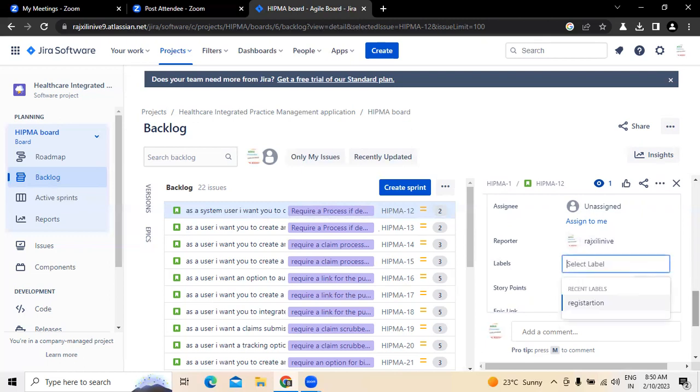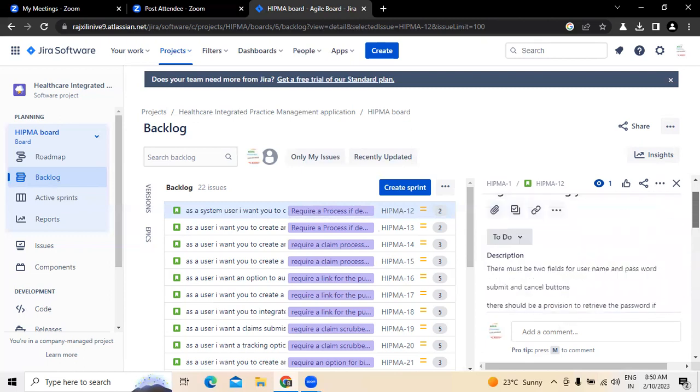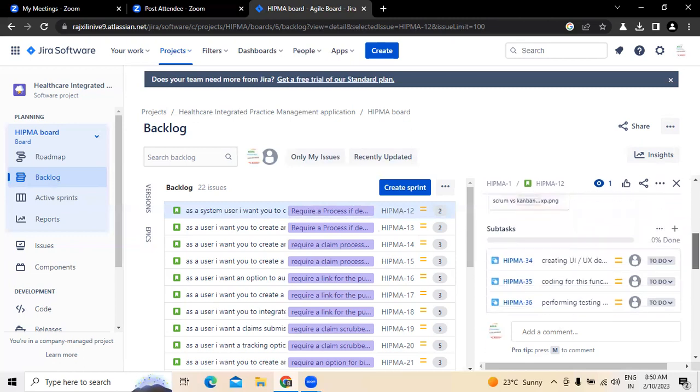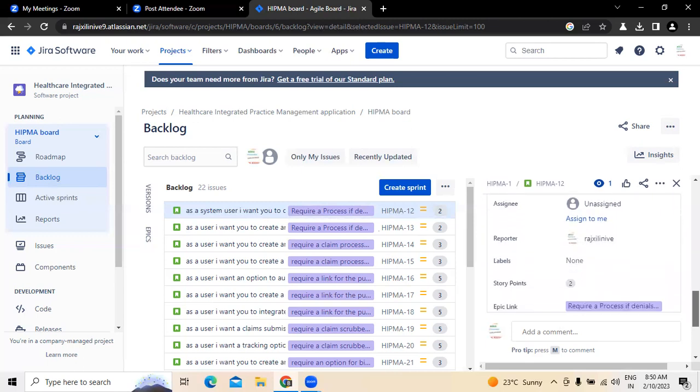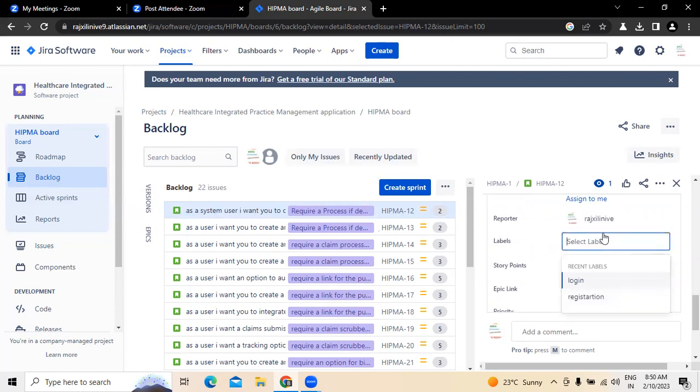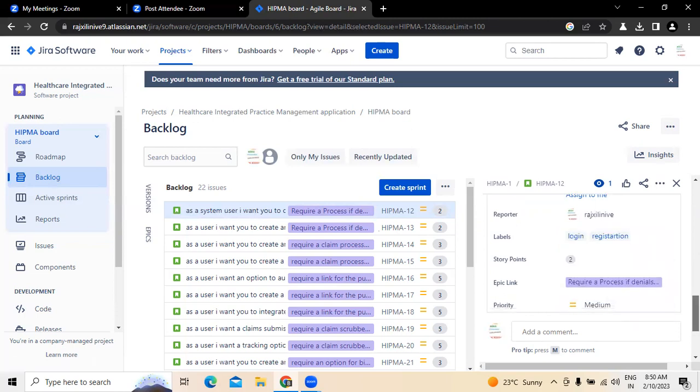Now label, we have to mention the label, right? So label is for easy identification. For example, creating an account for login. I'm creating something called a new label. Okay, this is what I'm just creating. This is for easy identification purposes. Next,